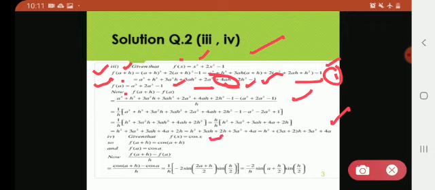Fourth part, the important one. F of x equals cos of x. Again, f of a plus h would be cos of a plus h, like this. F of a would be cos of a, very simple. Now you have to substitute it in this formula. After substitution, you can see